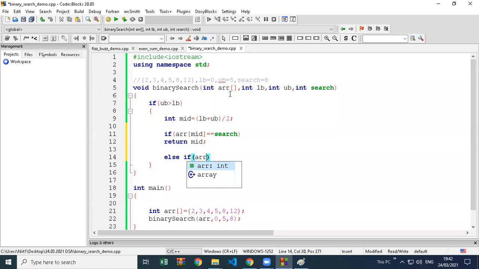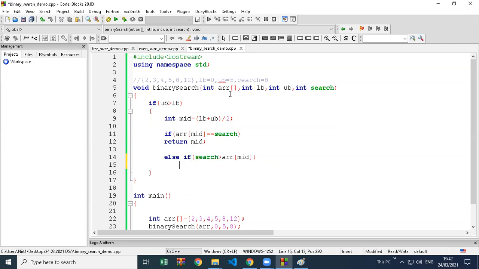Else if check if the ARR of middle is greater than the number we are searching for, or is the searching number greater than middle. So we'll go to the right hand side, otherwise left hand side, and the code is done. So there is a recursion. We have to see the code. It's easy actually in this context.